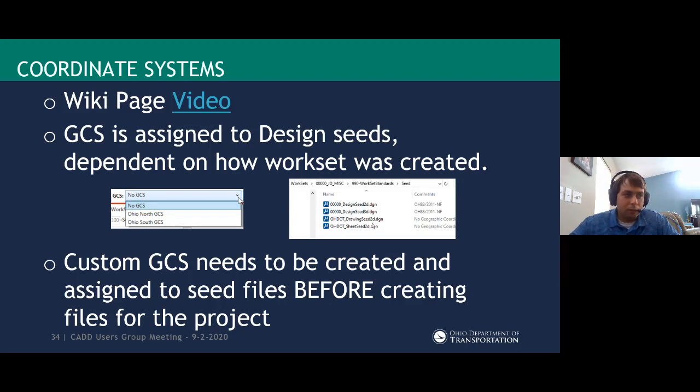We are not setting it on the drawing and seed files, just a side note. You totally can. So surveyors out there, if you're doing this, we say do it to the design. You don't have to do it to the drawing and seed, but if you want to be consistent with all the seed files being named the same, go for it. Doesn't hurt.